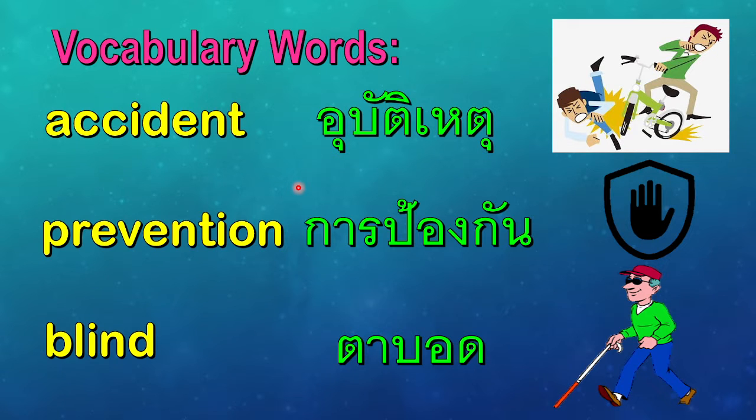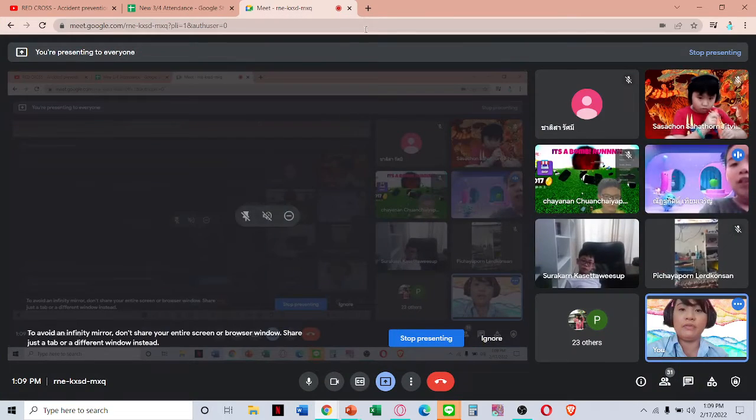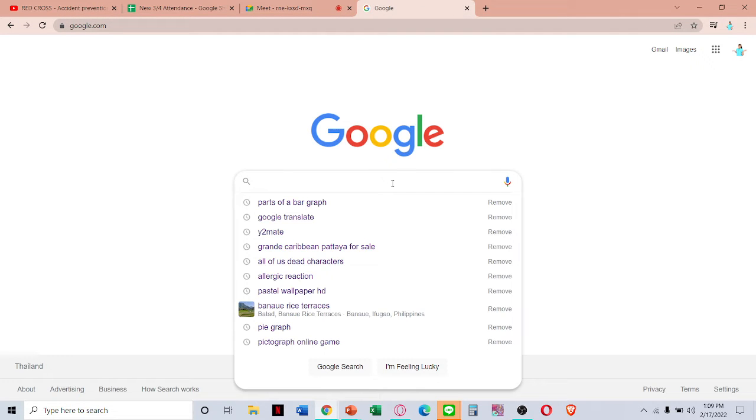Teacher, if they cannot see anything, how do they walk, how do they eat, how do they do things? They only feel things. Sometimes blind people can read. They have special books that they use. They touch it, they can feel, and if they feel it, then they know what that word is.